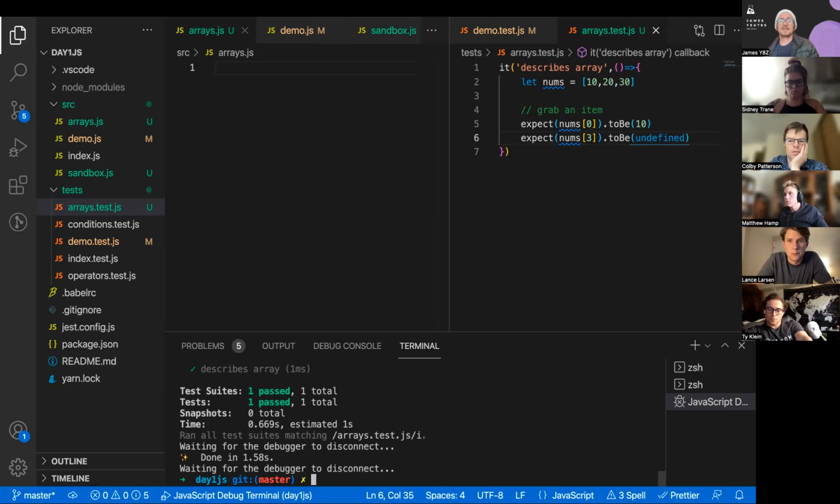So if you try to grab something that's not in the array, it's just going to return undefined. Which is probably, with other languages, you get like an array out of bounds exception. Which is probably better because you probably do want it to break if you're trying to access something that's not there. But anyway,